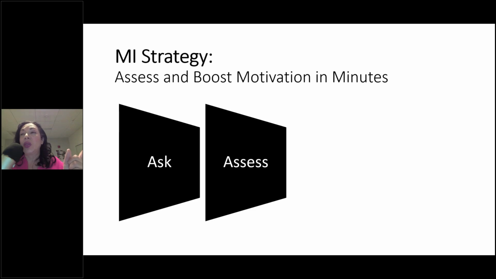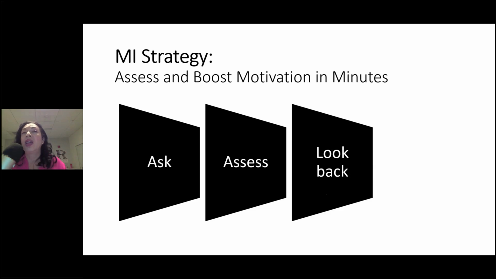There are two doors. The first one is looking back. To assess where Jade is at, we look back down the scale by asking, why did you choose that number and not a lower one? This highlights her current motivation. It's a snapshot in real time of where she's at right now.